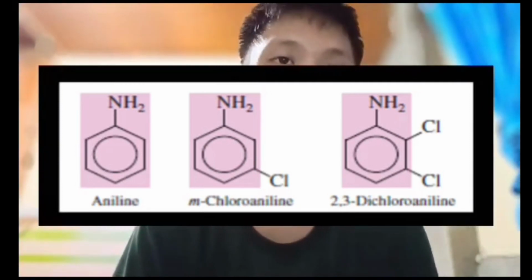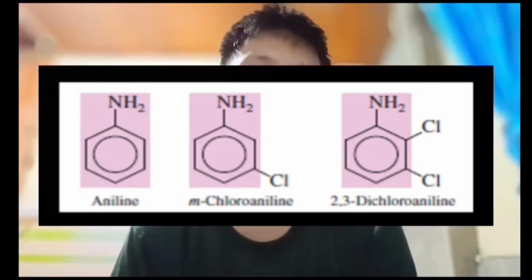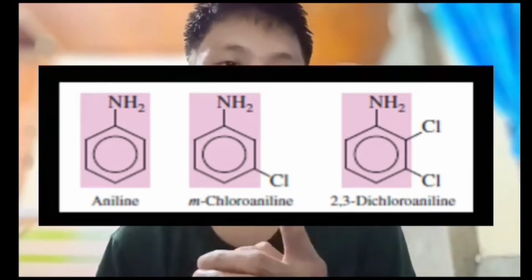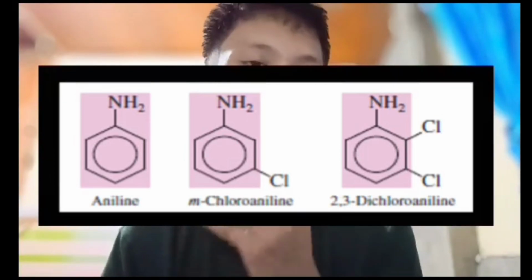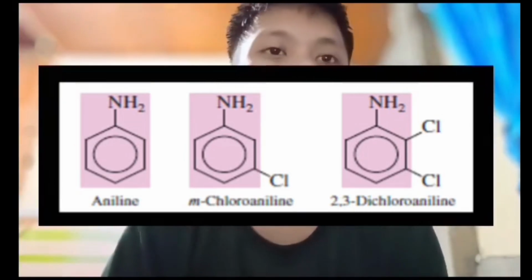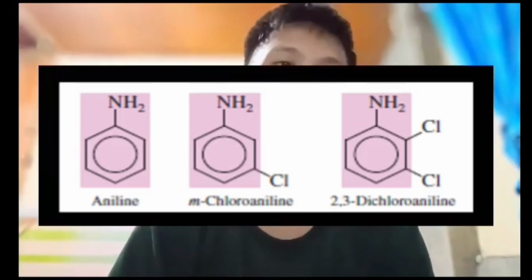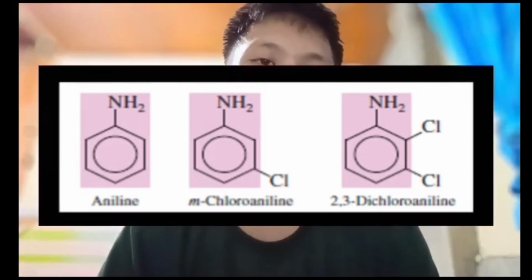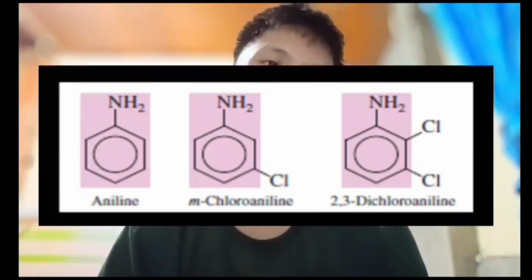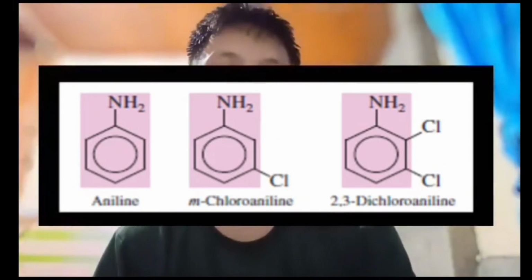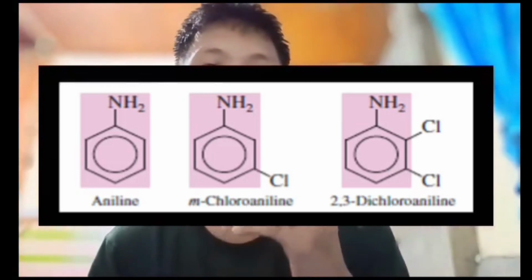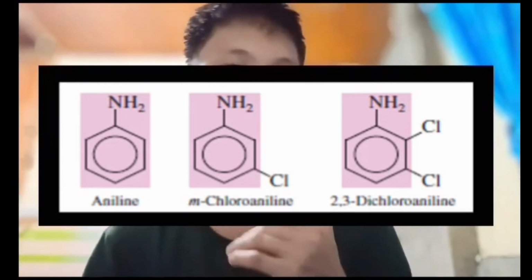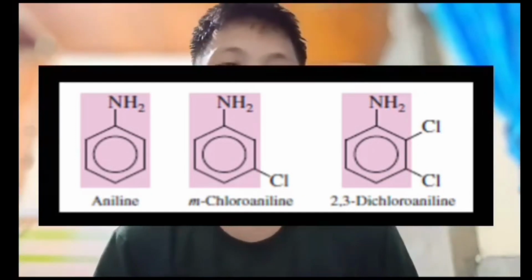Aniline. Then sa second structure namin ay chloro. So meta ang tawag kay 1, 2, 3. So meta, katulo ang chloro. So meta chloro aniline. Next kay other example is kanang duha ka buok chloro. So dichloro aniline. Sa nakatungtong man ang chloro sa 2 and 3 chloro, 2-3 dichloro aniline kay duha mga chloro.